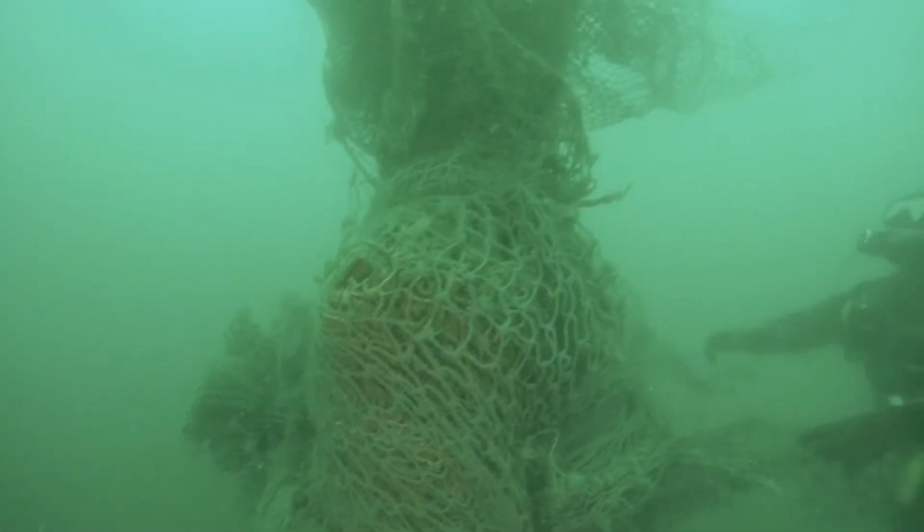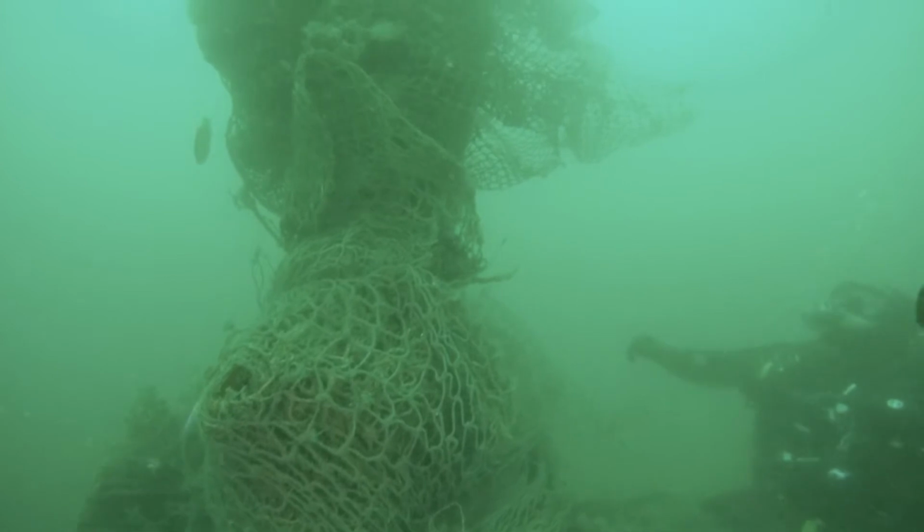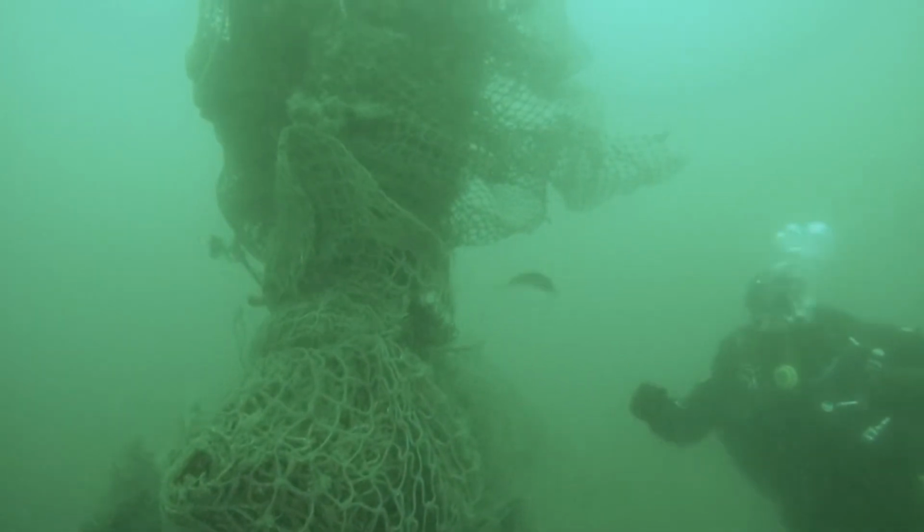So ghost gear is lost, abandoned or discarded fishing gear, and at the moment there is some big trawl net that's caught up on this wreck. So that can entangle some marine wildlife, and then that might attract other marine wildlife that can get entangled in it. And because it's made of plastic, it breaks down into microplastics as well, so it's really quite harmful to